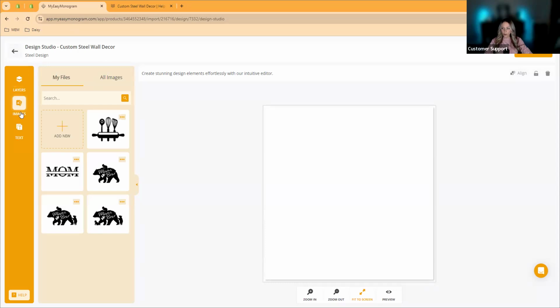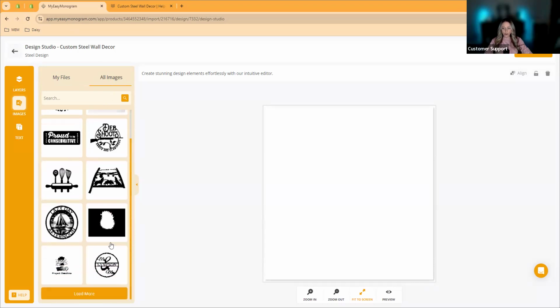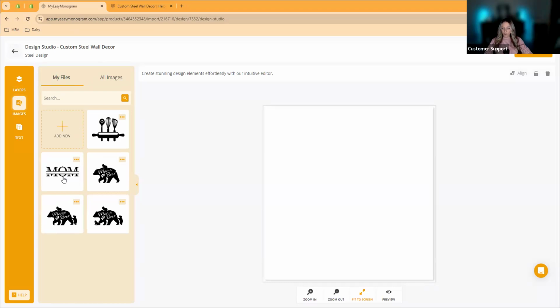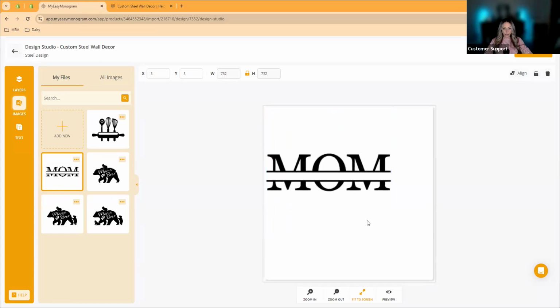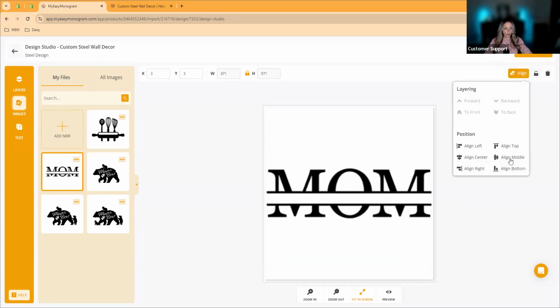So we're going to start here by going to images. You can upload a new image here. All images is going to show you images that are shared. So you can check that out as well. For this, I'm just going to go ahead and pull up a random image here just to give you an example. So when you click the image, you're going to want to go ahead and size that to the artboard appropriately. You can use the align option at the top to make sure that it's aligned middle and